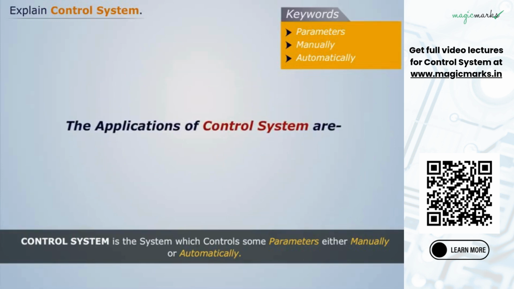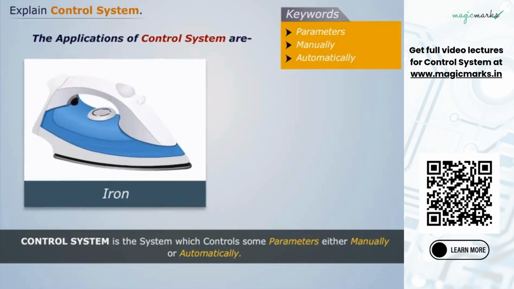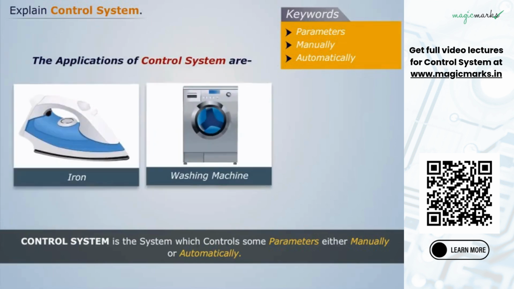Some of the examples where we can see the application of control systems are iron, washing machine, etc. The related terms are